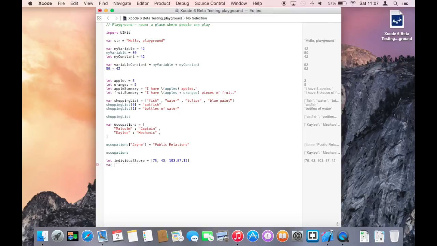And then I can create a variable called team score and make that equal to 0. And then for the score in individual score,